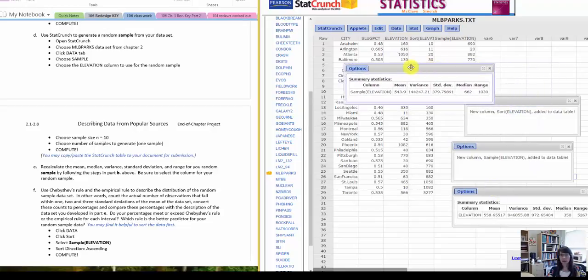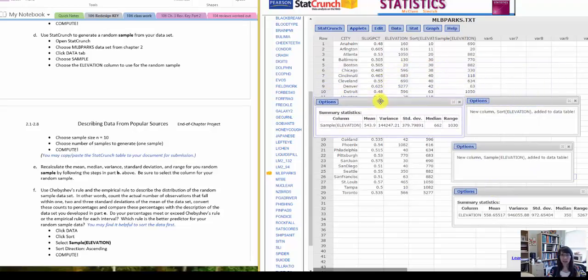So now we have another table of information, but it is called sample elevation, so you can keep track of all of these different tables that we've generated. And you can generate them all like I've done just now, and then copy paste them to your Word document, or you can copy and paste them as you're writing your report. It's up to you. So in order to copy this to my report, remember I'm just going to select it